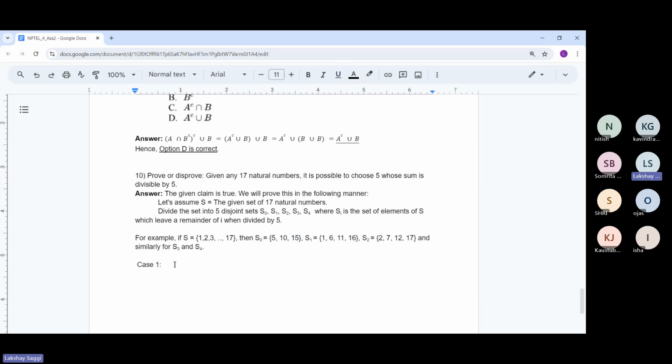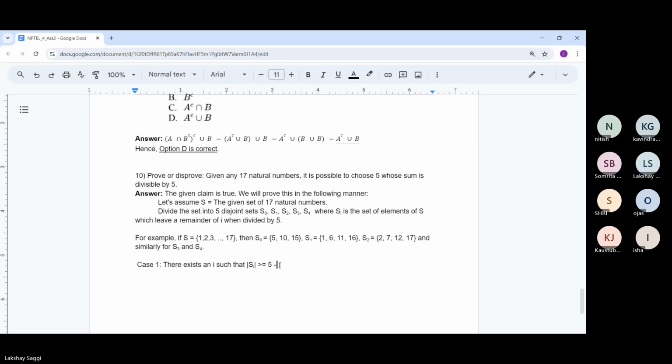So case one is there exists an i such that the cardinality of Si is greater than or equal to 5. So what do I mean? There exists an i such that the cardinality of Si is greater than or equal to 5, that one of these 5 sets has a size of greater than or equal to 5. Let's assume this is the case, that one of these 5 sets has at least 5 elements,